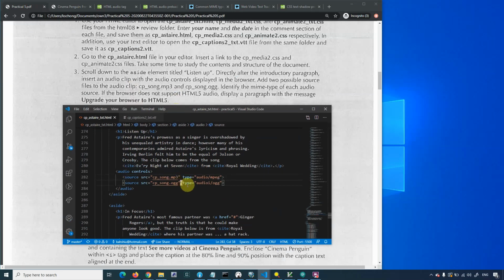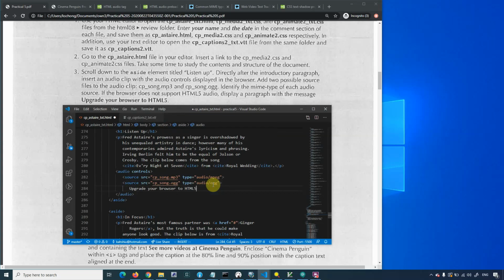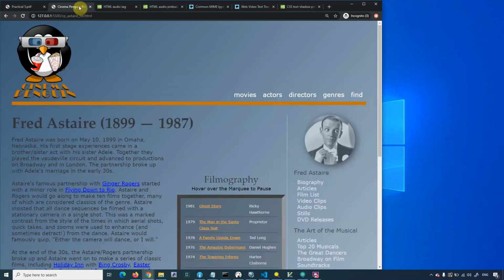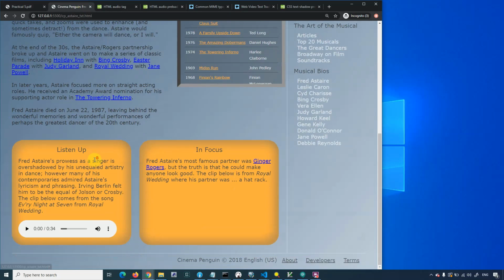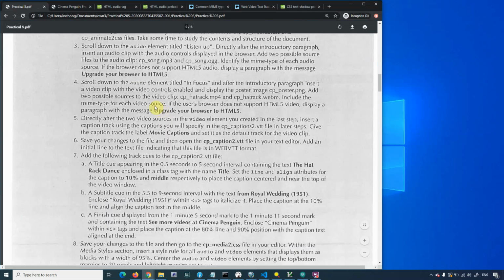Next, display a paragraph. Oh, I think I made a mistake here. Audio. The message is upgrade your browser to HTML5. For our case, it's being supported, so it will just show. But in the case where it doesn't, this panel will be replaced with text to indicate this piece over here, upgrade your browser to HTML5. Next,